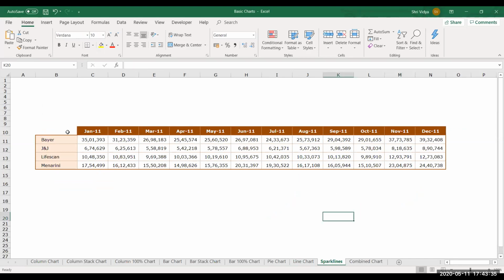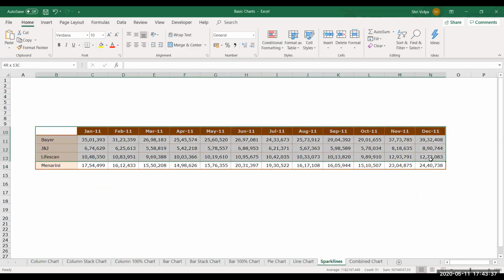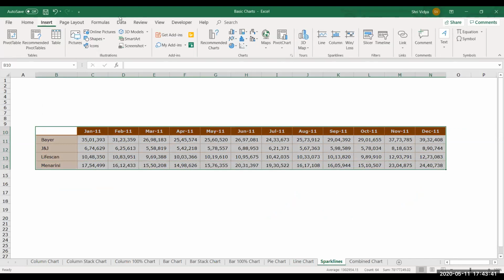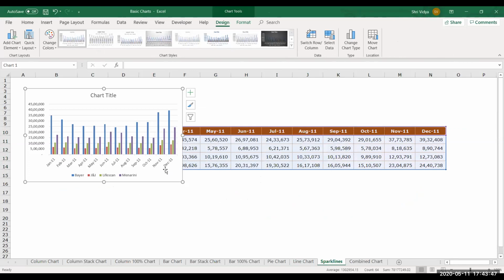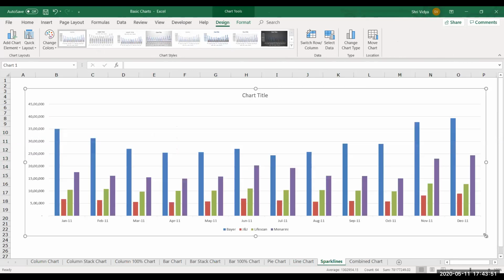Now if I have too many series like this, and on this if I plot a column chart, you just look at how exactly it displays. So you have too many series and you have plotted a column chart. Very difficult to analyze. So let me change the chart type.